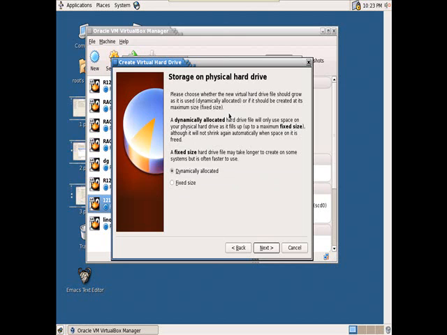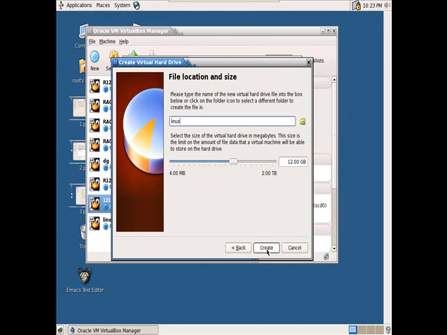Okay, that means fixed size means space will not be released back even though the machine is closed. Dynamically allocated means space will be released when the main machine is closed. Okay, what space? Free space only, not the user space. Next,